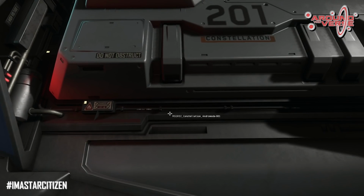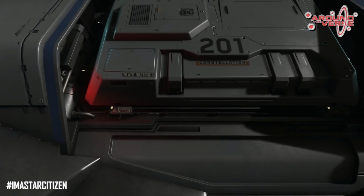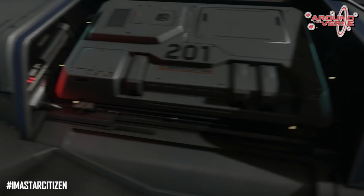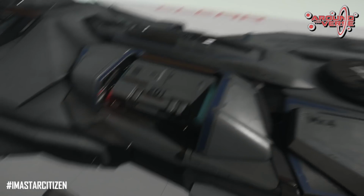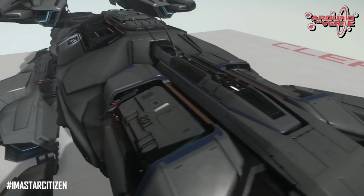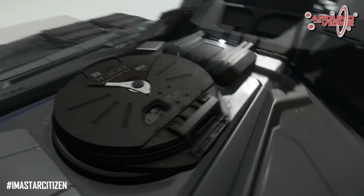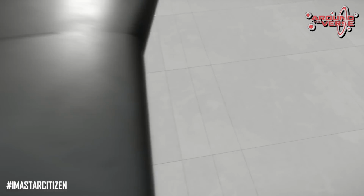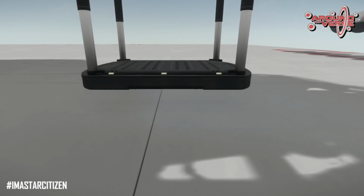More details. I wanted to add in some kind of clues as to how this works. I've got some like depth charge packs down here. You know, just make it feel more believable. You got your top hatch exit. Also on the bottom,